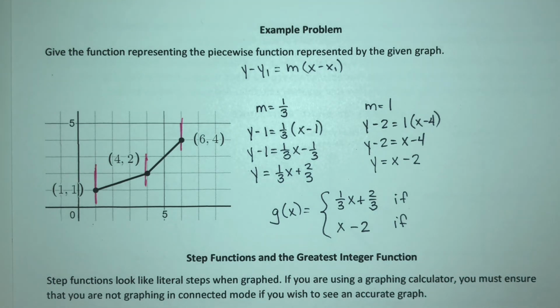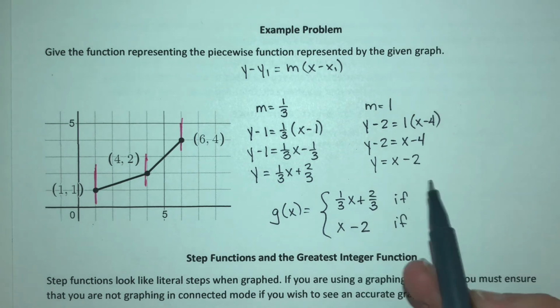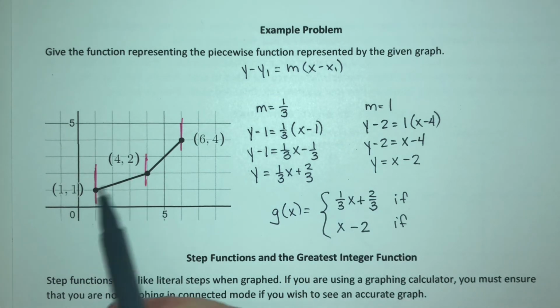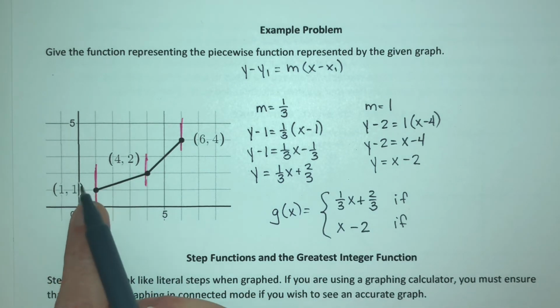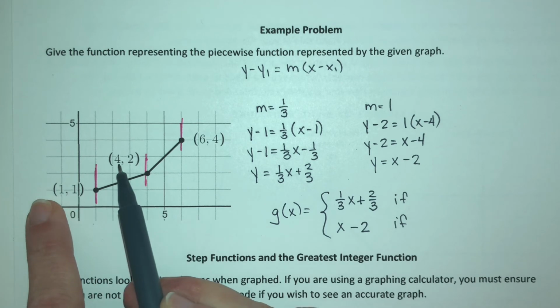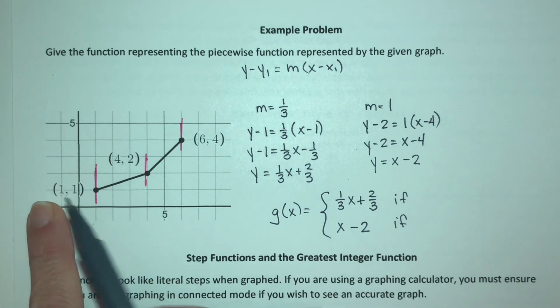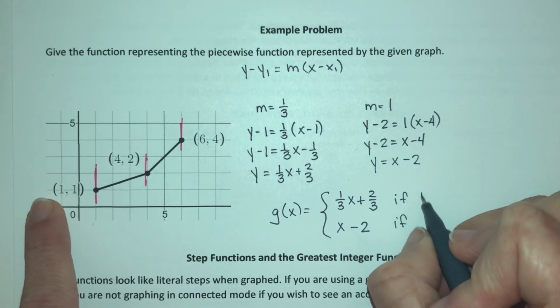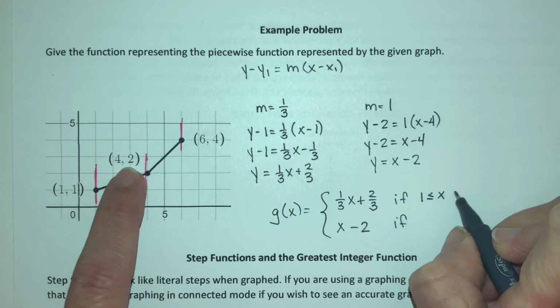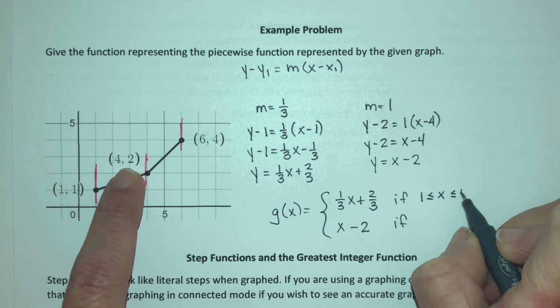So now basically we are talking about what portions of this we are actually talking about. So from here to here, what's the restriction on our domain? What are our x values? Well, our x values go from 1 to 4. So if 1 is less than or equal to x is less than or equal to 4,